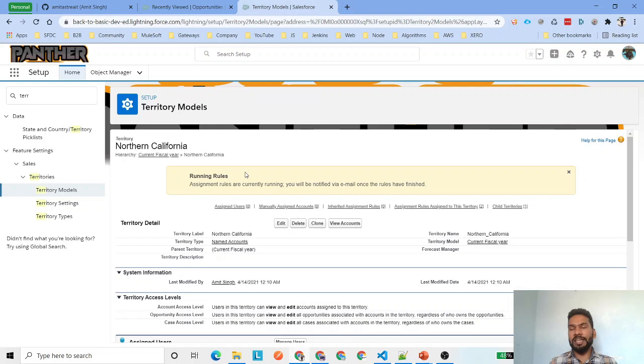You are running the rules as an admin. You must know which accounts should come under this rule, under this territory. After running the rule, you will be able to see those, and if you are not able to see those, that means there is something wrong and you might want to modify your rules for this particular territory.